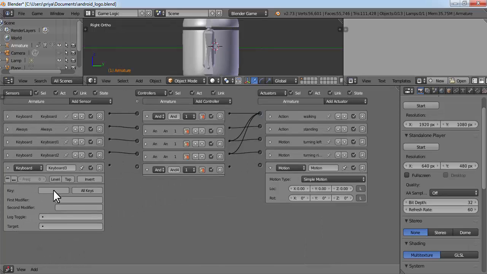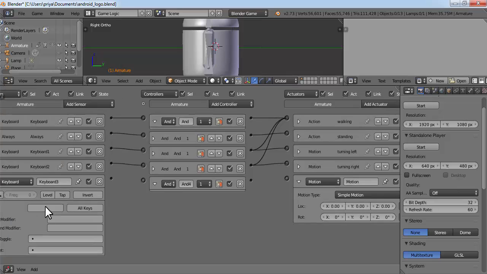Select the key, down arrow, join it here and join it here. Now when it is walking backwards, it should keep walking. So join it to walking actuator, and we need to make the Y location value 0.05.